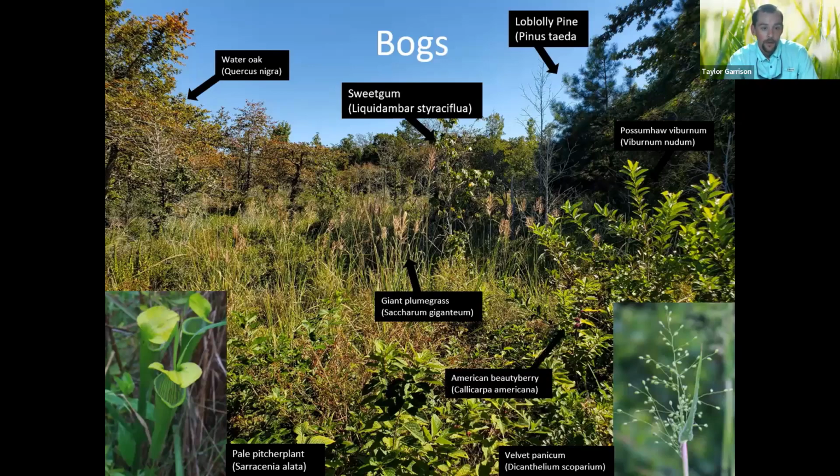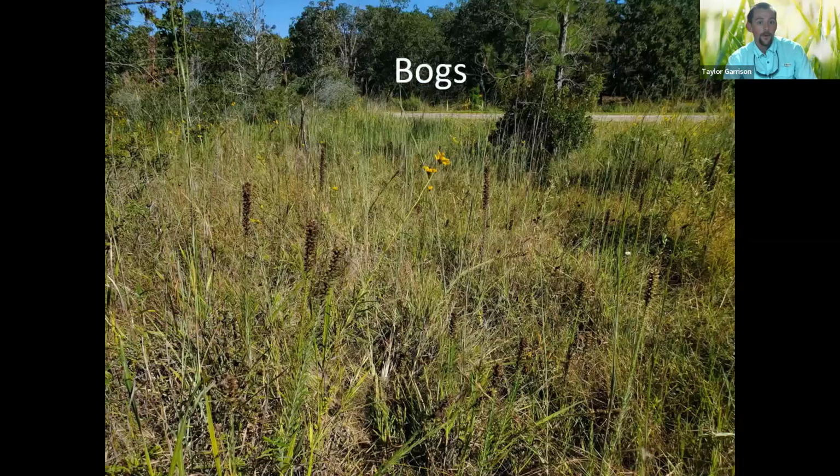And then American beautyberry, which is occupying the margins of this bog. But as you can see, this one needs fire, and so hopefully at some point we'll get a fire through it to open it up more. Moving on to the edge of this bog, this is an example of one portion of the edge of the bog that I might call a wet meadow, so more of a marshy situation. It only really holds water during the spring months, just a few inches at most. And so you kind of have a wet prairie situation here.